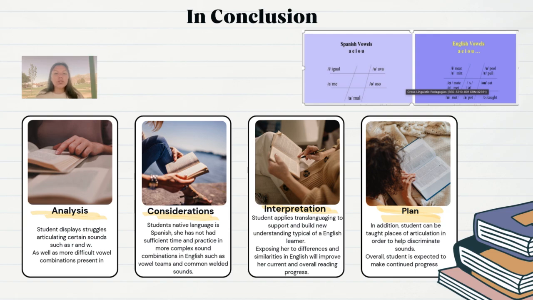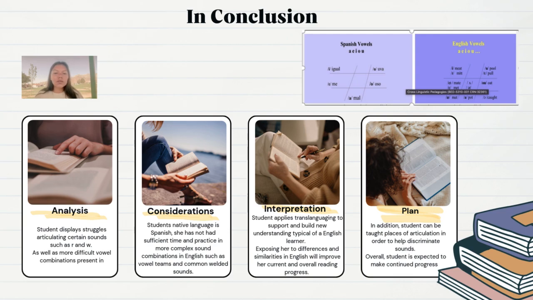It is my interpretation that this student is applying translanguaging to support and build her understanding, which is typical of an English language learner. Exposing her to differences and similarities in English will not only improve her current reading progress, but her overall reading progress